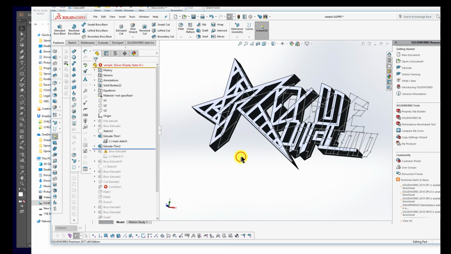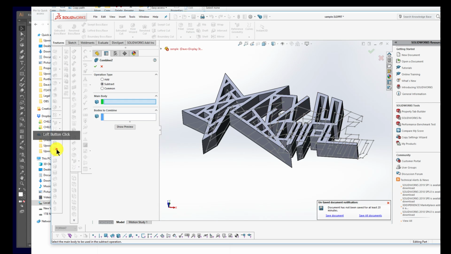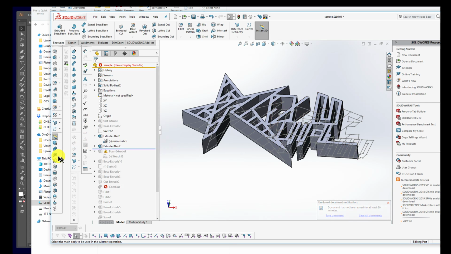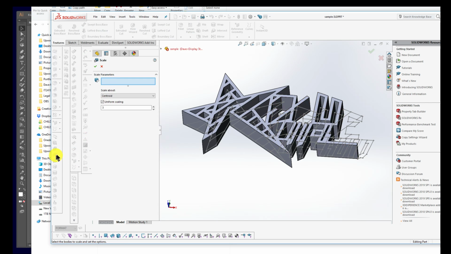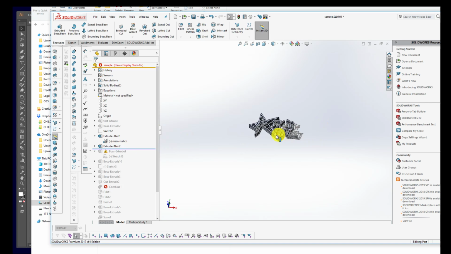Well, I'll answer your question with a quick exercise here. There's a scale feature in the features, but there's also a scale sketch feature, so I'll show you the difference. I'll start with the sketch. Our thickness is 3/4 inch. We know that. If I go into the sketch,